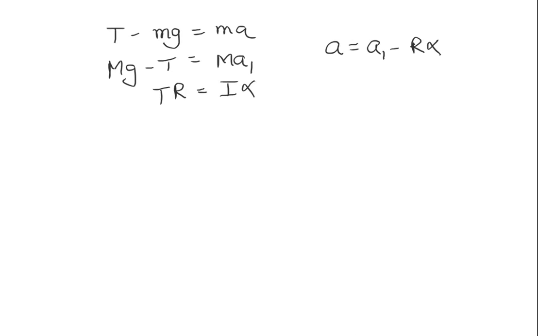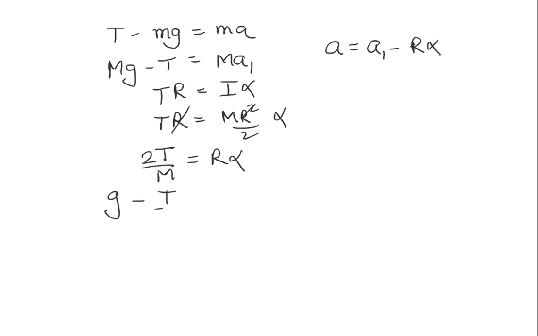So what I will do here is that first I will expand this. I will write MR square by 2 into alpha. R यहाँ से कैंसिल हो गया। ये इक्वेशन मेरे लिए बन जाएगा 2T by M is equal to r alpha. Okay? ठीक है ना? अब मैं क्या कर रहा हूँ, मैं ऊपर वाले इक्वेशन को लिख रहा हूँ g minus T by m is equal to a1, और मैं इन दोनों को सब्ट्रैक्ट कर दे रहा हूँ।